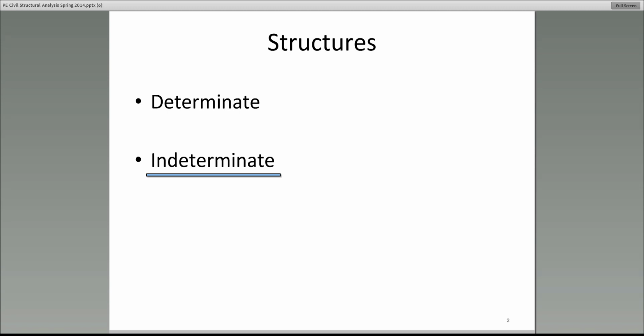All right. The rest of you who are taking in the afternoon something other than the structures focus, let's work on learning how to analyze determinate structures. But before we do that, who can tell me